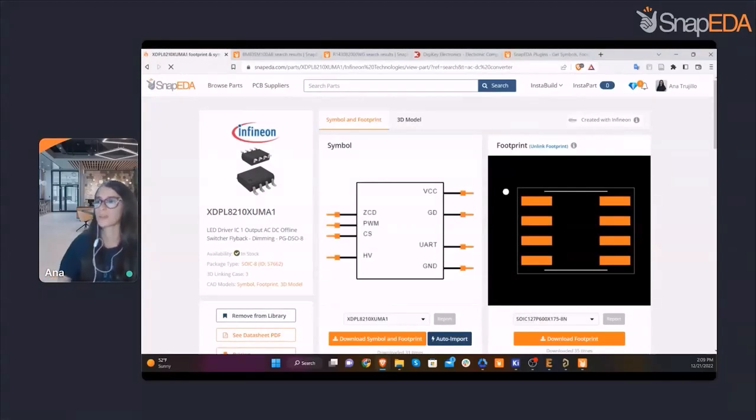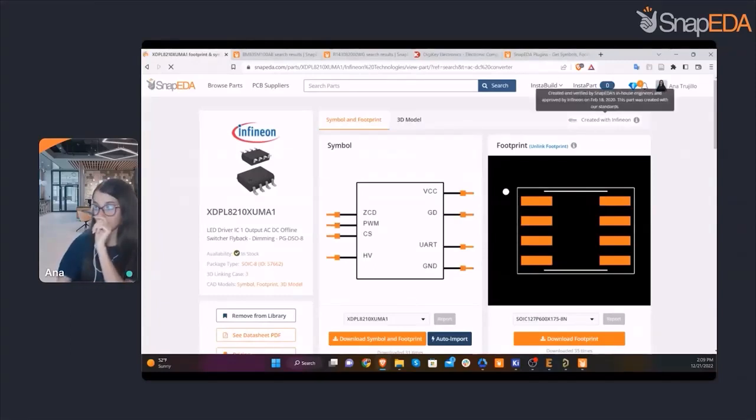You can see that here we have first the symbol and footprint viewer. You can, for example, hover over the pins, and this will show you the pin mapping, if you want to check which pins are mapped to the others in the symbol. You also have this banner on the right that says created with. In this particular case, this part was created with Infineon directly in February 2020, so two years ago, and it was created with our internal standards.